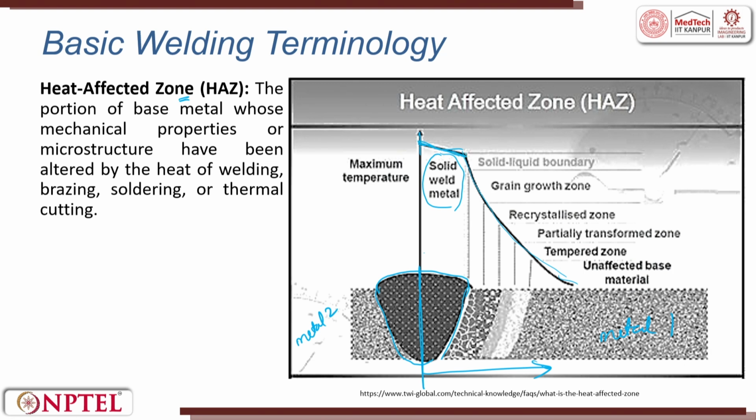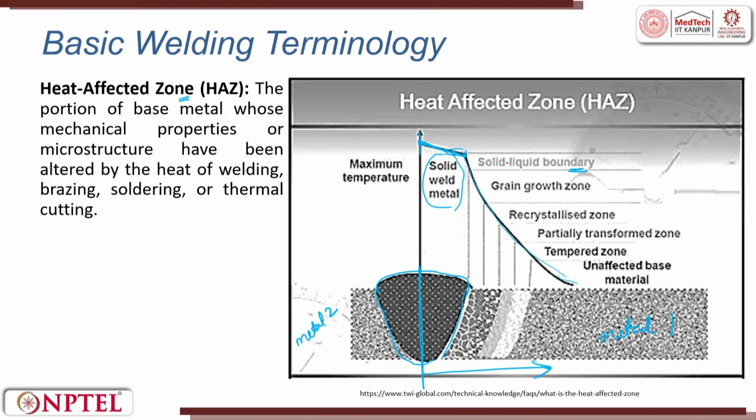So, while the welding process is going on, you can see the temperature falls down in a linear fashion to a small extent until the weld portion is there. The moment the weld portion is over and the metal starts, there is an interface, which is the fusion line I mentioned. So, you will have a solid, then you will have a solid-liquid boundary. Now, closing the discussion here, let us move to casting.